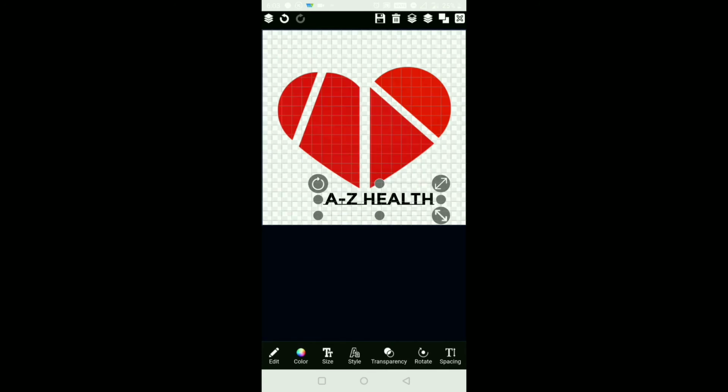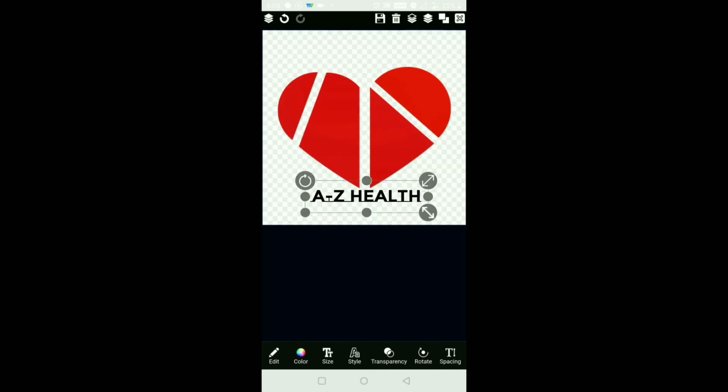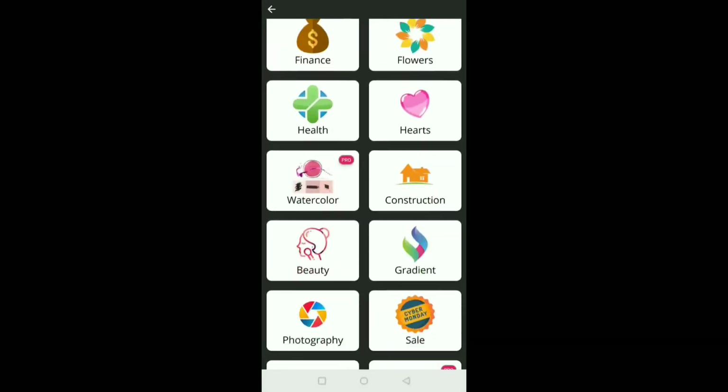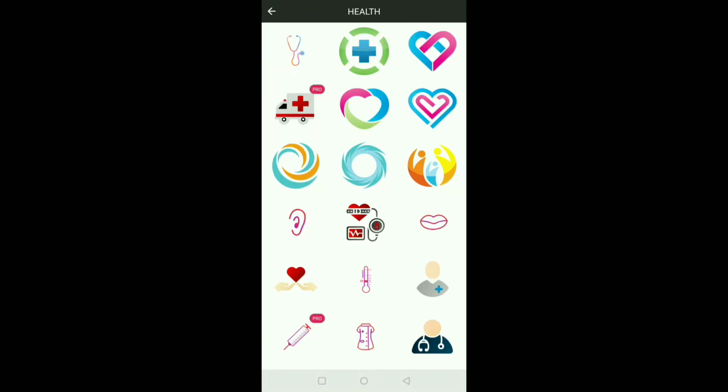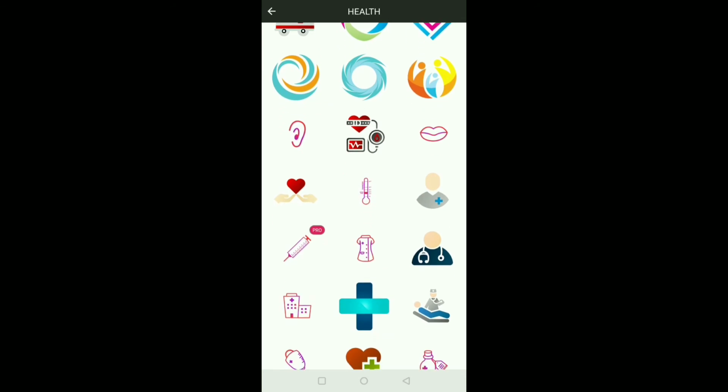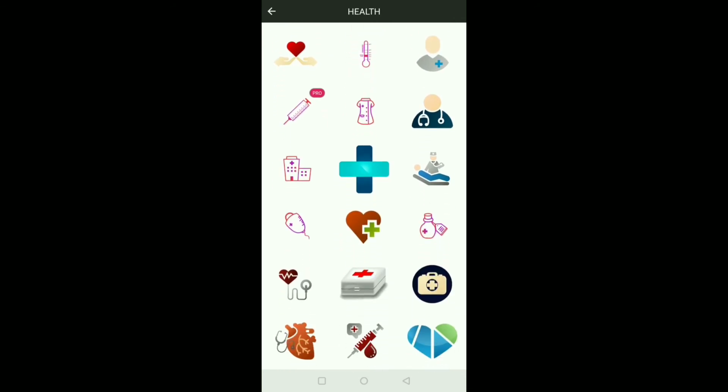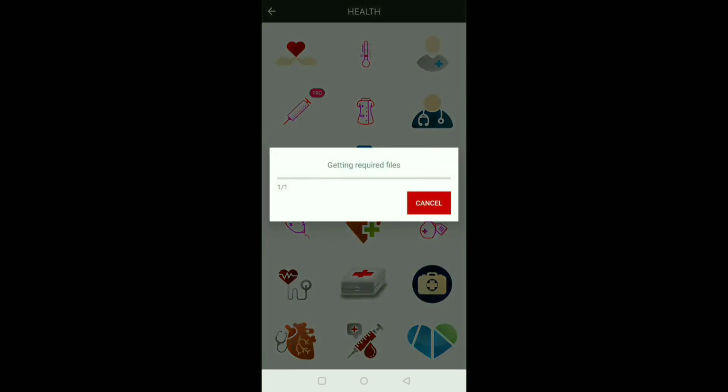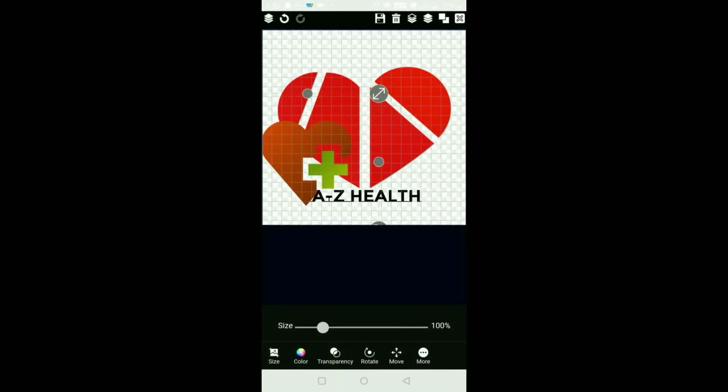So again I will go into this icon, and again I will choose this health. I will choose this one. I will change the color.